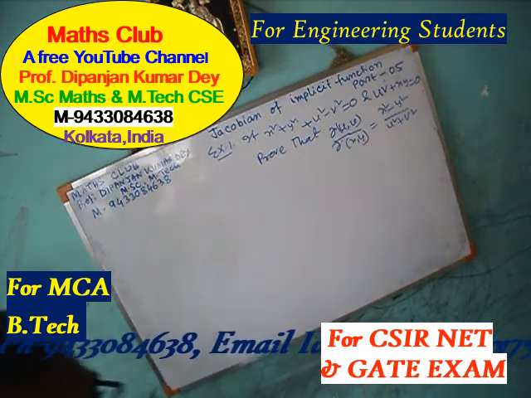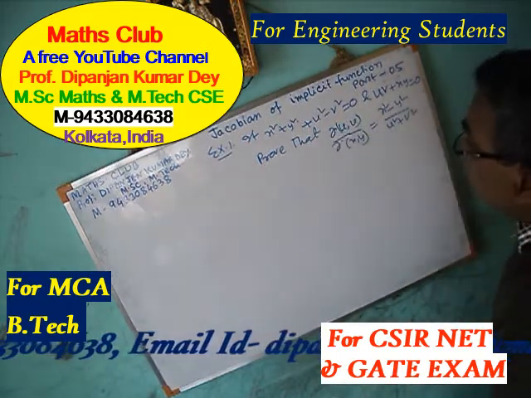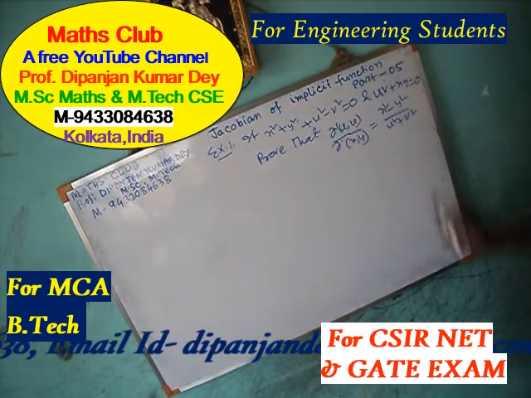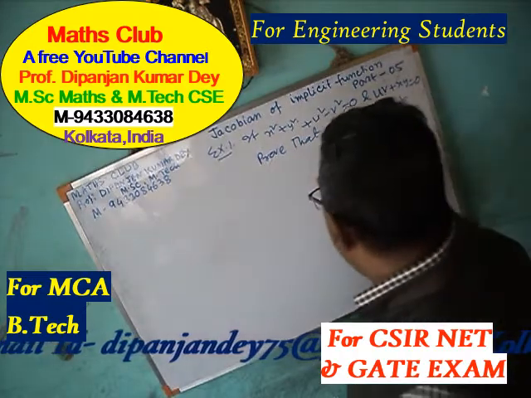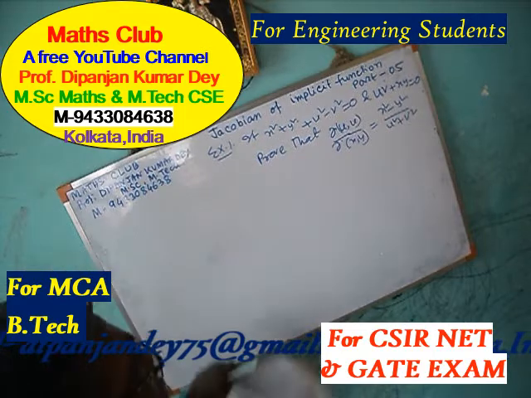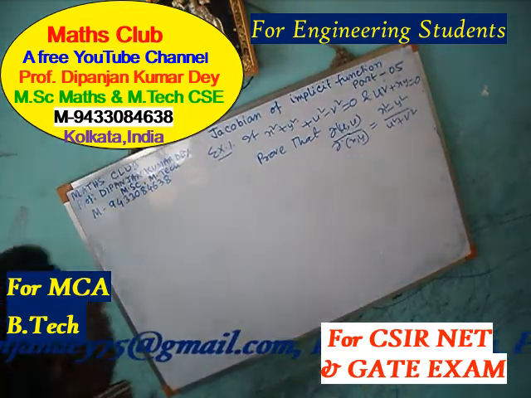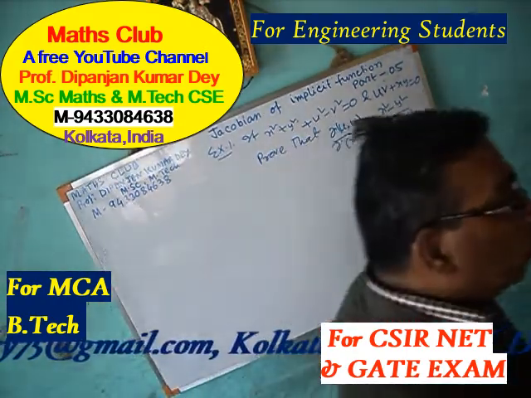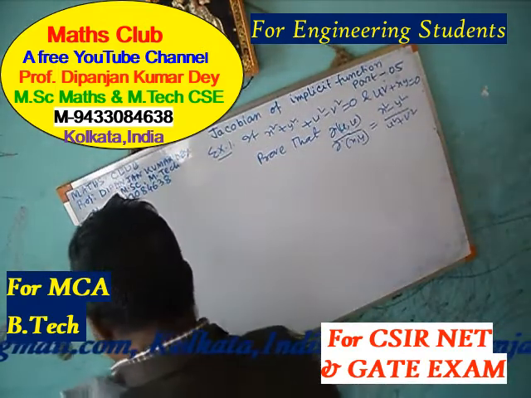The sum I have taken from a university question paper: if x square plus y square plus u square plus v square equal to 0 and uv plus xy equal to 0, these two are implicit functions. So how to find del(u,v) by del(x,y) using Jacobian? It will be very easy to calculate using Jacobian. Here two variables, x, y, are connected to u, v, so the value of n equals 2. Just I am writing the formula.